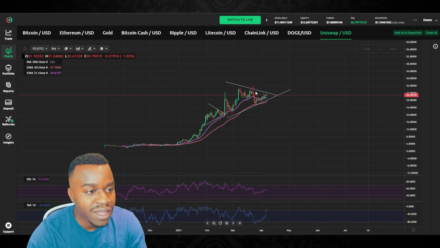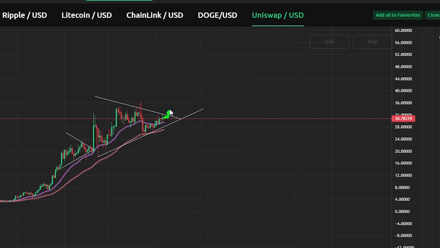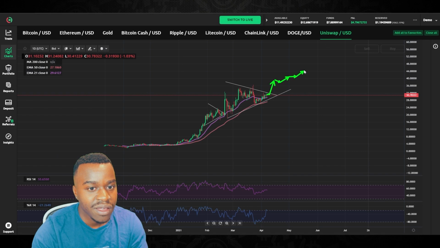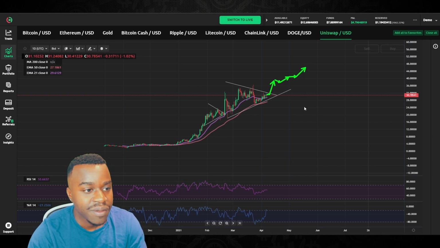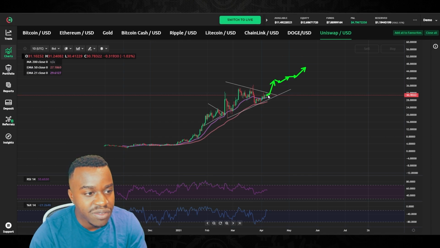On the bullish side, like I just mentioned, we could continue to range in here and then eventually break out of this wedge. And that will, in fact, continue the trend as you can see in the past. And we will continue to the upside and test potentially $50, which I'll mention here in a minute. I see that scenario. Another one I see on the bullish side is a rejection towards all-time high, and crypto cools down for a little bit.